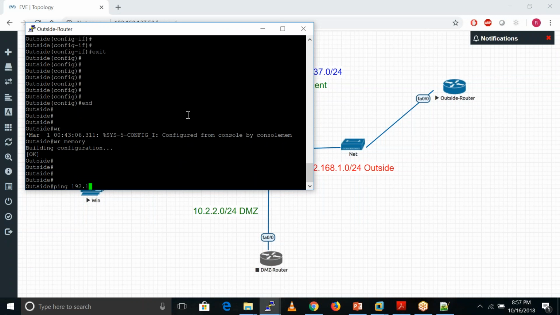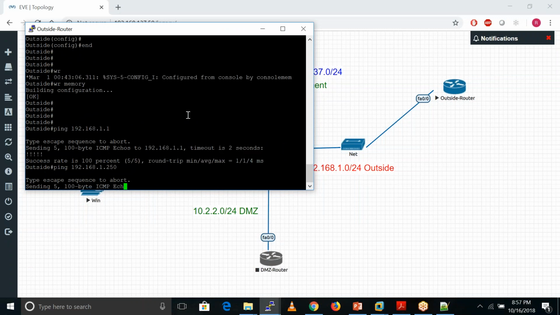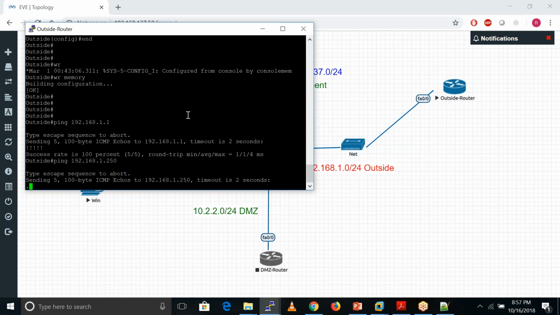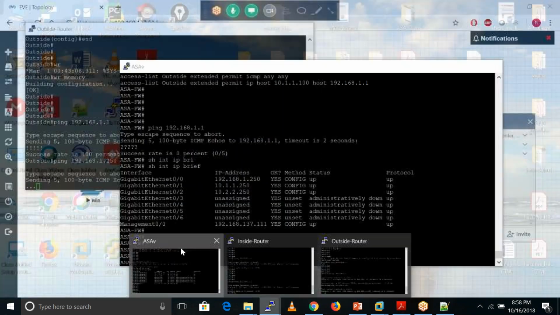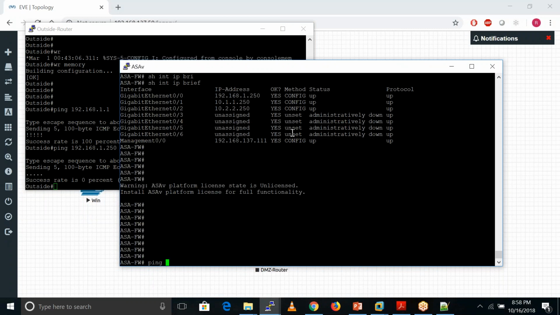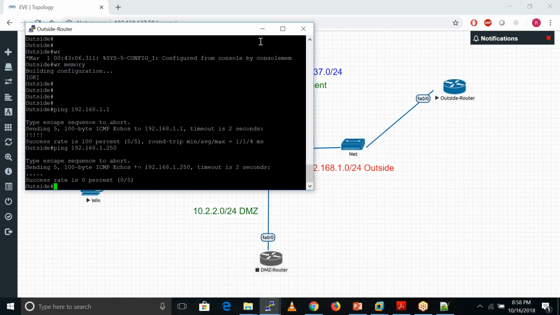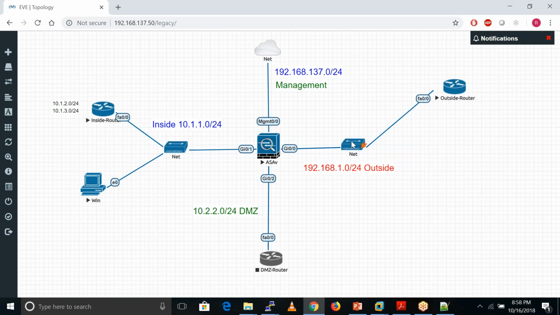Again, let me ping 192.168.1.1, my firewall. The ping is not working. Maybe I am having connectivity issues here.